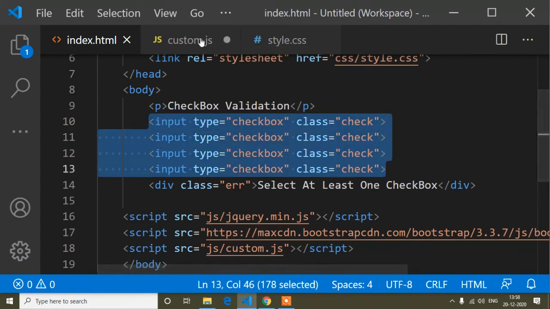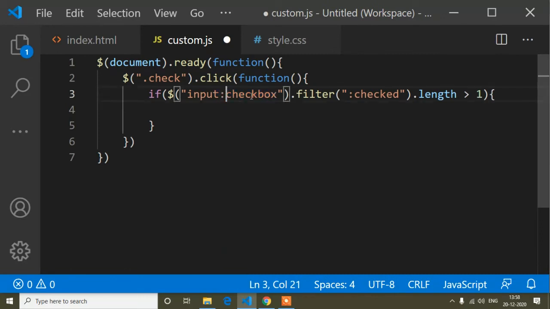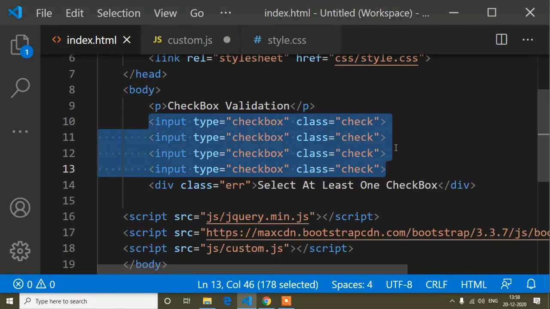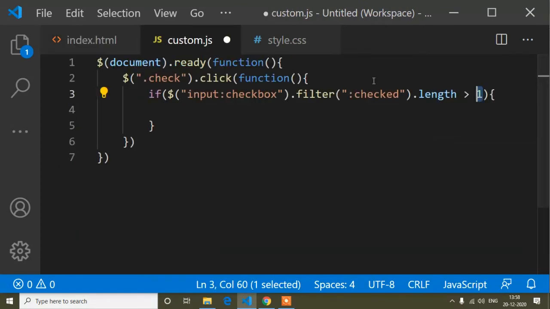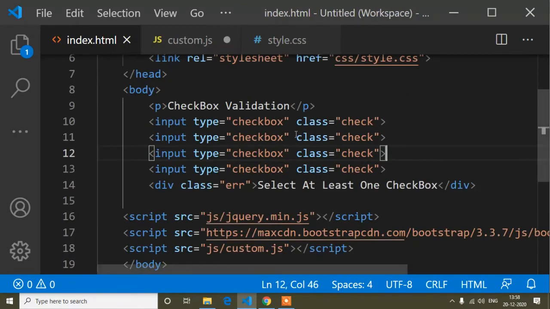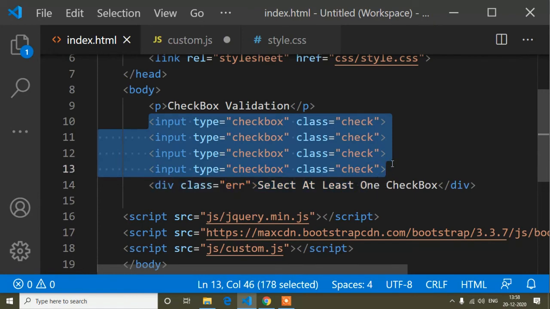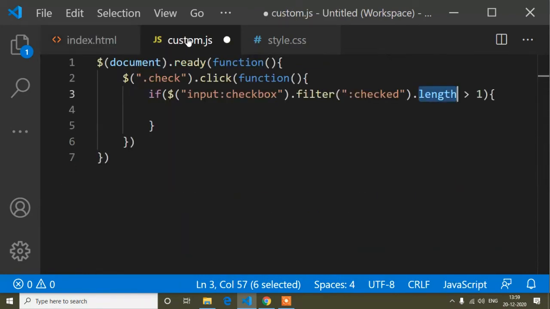Here I have denoted that it's a checkbox, and filter dot checked, when the number of checked inputs is more than 1. Because it's an array, I have written length. That means the checkbox is checked more than 1.